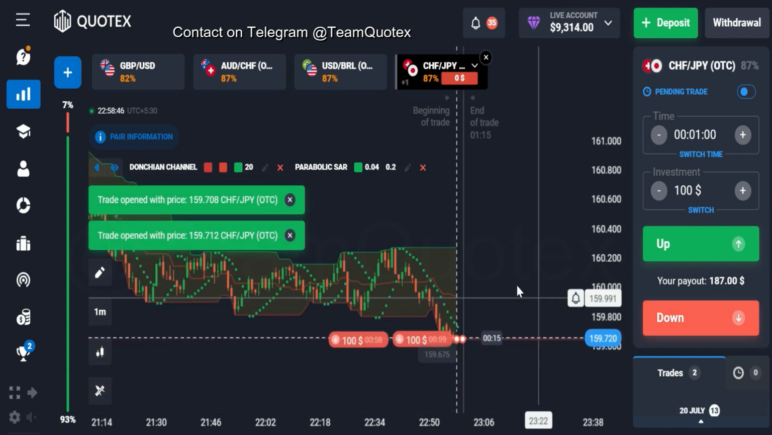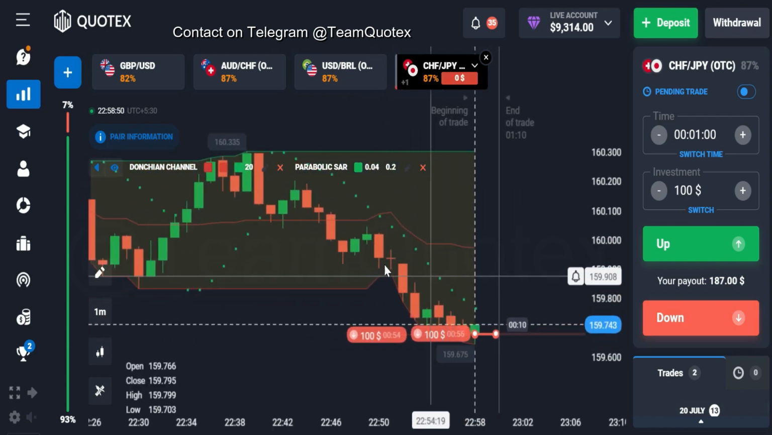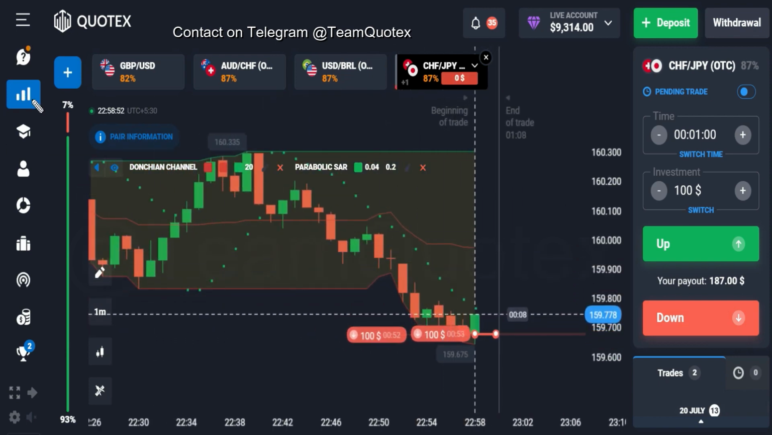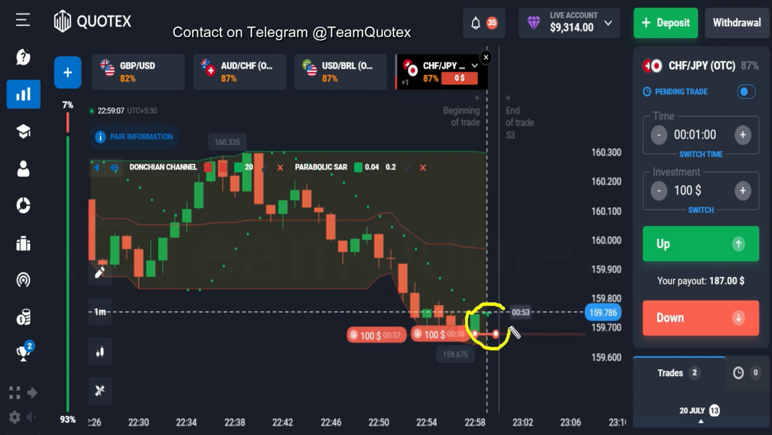So guys, you can see I took 2 trades in downward direction. What is the strategy? What is the concept? The concept is very simple, very easy. You can see this position of the parabolic is in up direction, above the price. That means it's indicating to us that the market trend can go in down direction. Okay, and guys, we took 2 trades in downward direction, and let's see what will be the result,